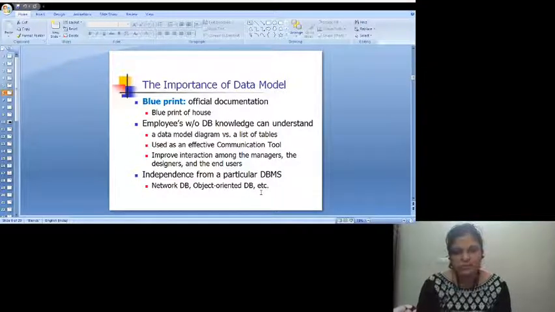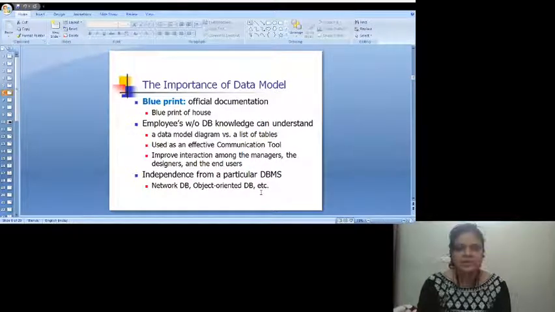Whatever application you see, whether it is a window application or a web application, the success criterion is the database. The front end is one thing, the main thing is the DB design. If there is a problem in database design, if there is a problem in modeling the required data, the blueprint of the application fails. So the data model gives you a blueprint of how data will be managed, what data is to be managed, what the flow of data among the entities is, and what the relationship between the entities is. It is a successful communication tool between the client and the developer.